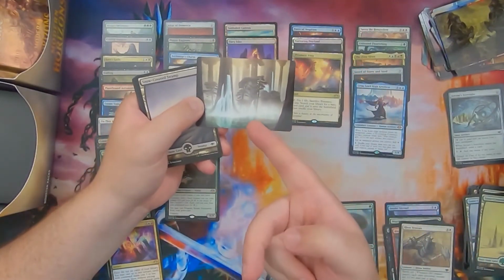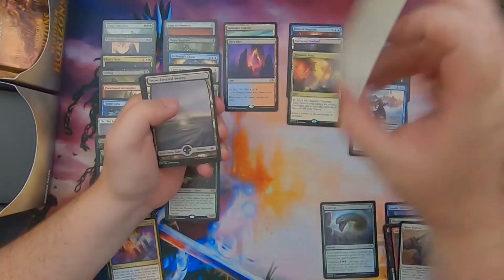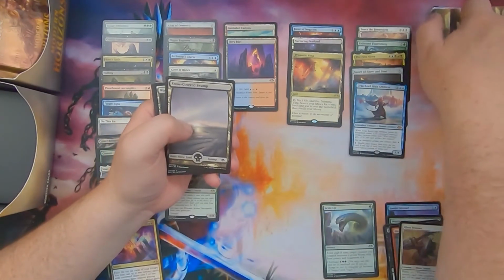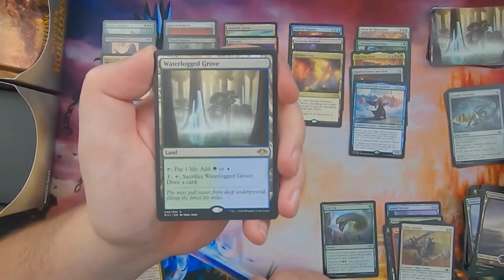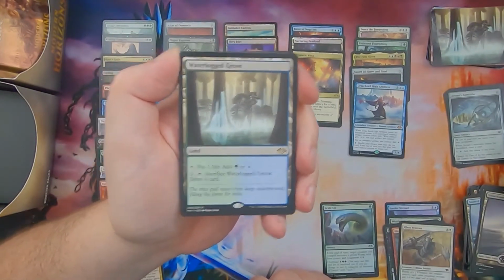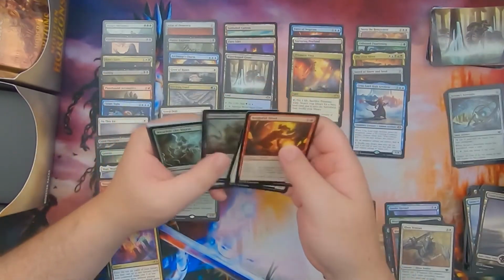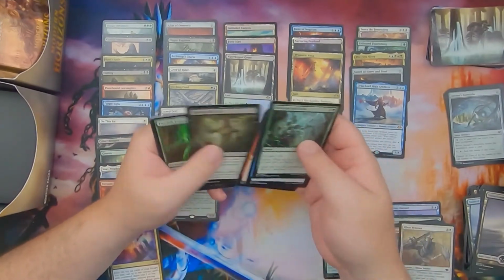I love this art. This art is phenomenal. John Avon is very, very talented, and I appreciate the work that he does for Magic the Gathering. Snow-Covered Swamp. Aha! Yes! Waterlogged Grove. Sweet. I can't wait to get that on a playmat, though. Oof. It's going to look so good. I really hope that they release them